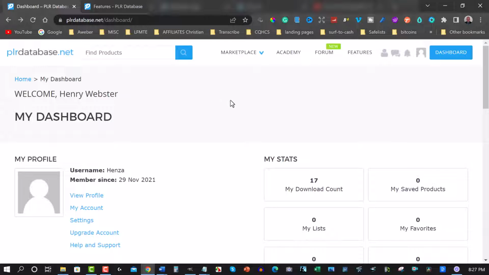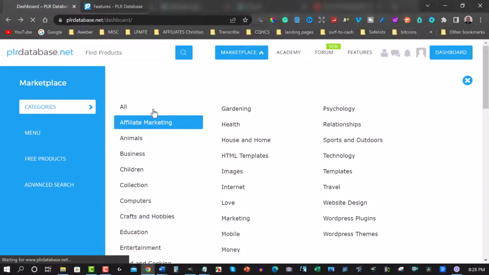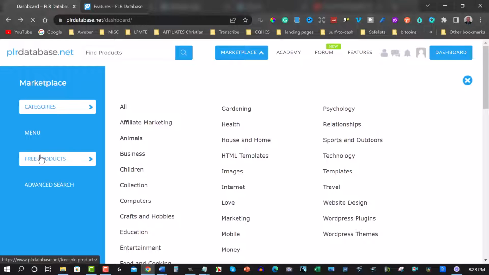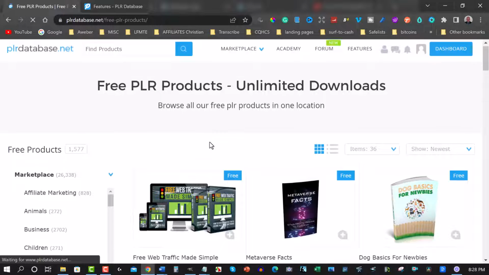But if you decide that you want to just go to the marketplace and you want to just go for the free things, you can do that as well. Now, this is what the whole video is about, free membership. So we're going to be looking at the free products right now. So I'm just going to click on that section just here, wait for that to come up, and then we will go ahead and look for more. As we go through, you'll notice that